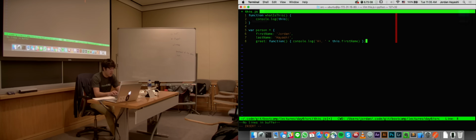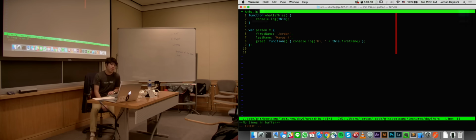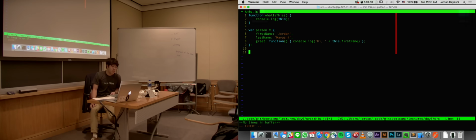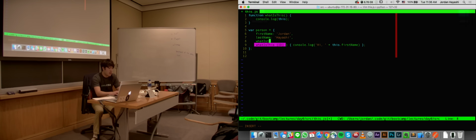Ooh, keyword. So now we have an object with a couple properties, first and last name, and a method, which is an anonymous function that just console logs this plus first name. And so actually let's also do what is this in here,